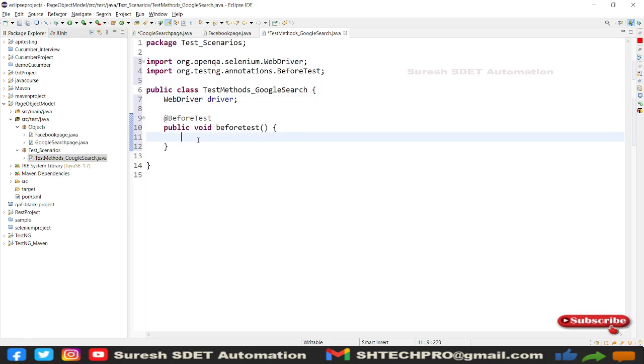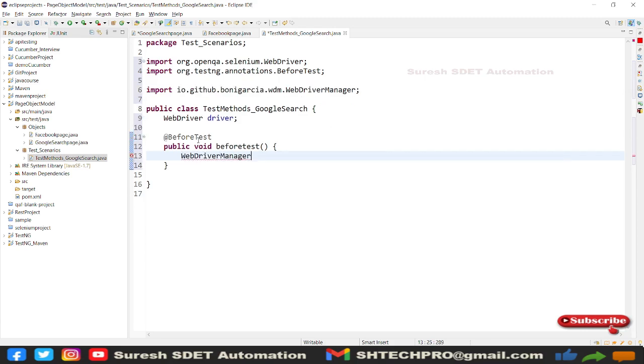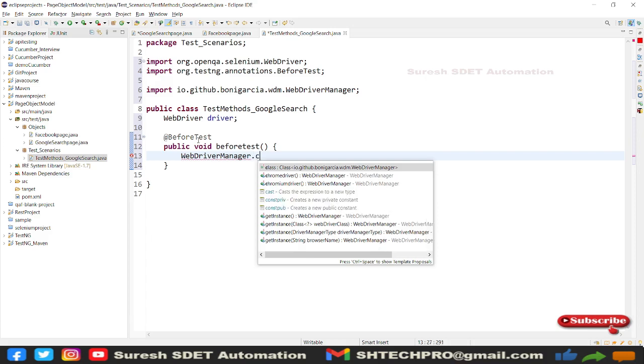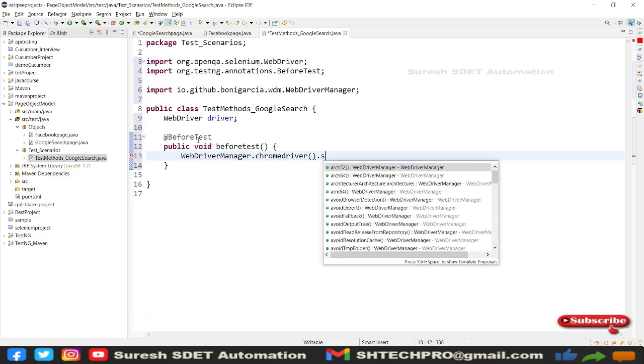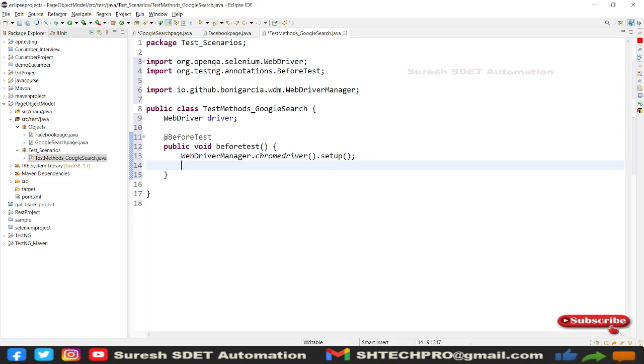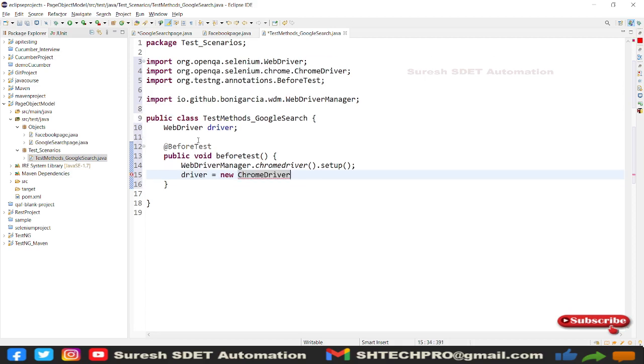Here I'm using WebDriverManager, so I don't need to set system properties and point to my exe location, all those things. I will simply call WebDriverManager dot, as I am working with Chrome, I will say chromedriver dot setup, and using the driver instance, driver equal to new ChromeDriver. You need to call ChromeDriver, right? All these things done, and then after you need to launch a browser.